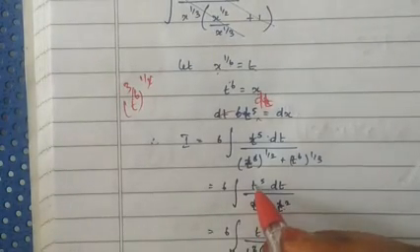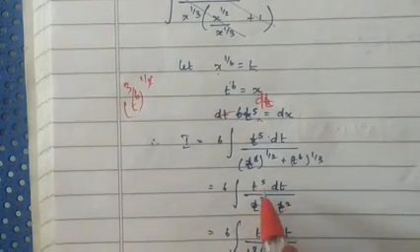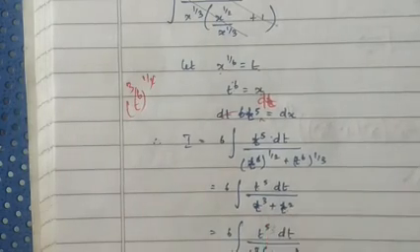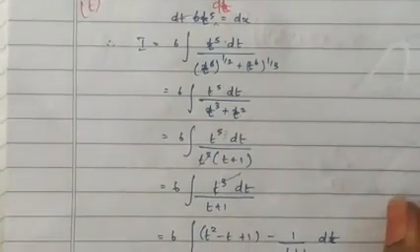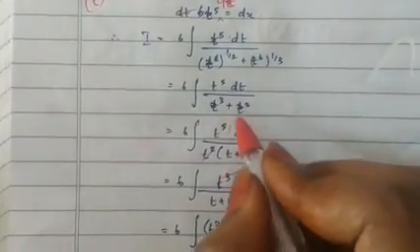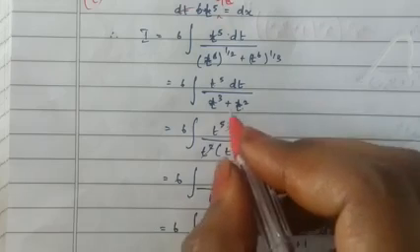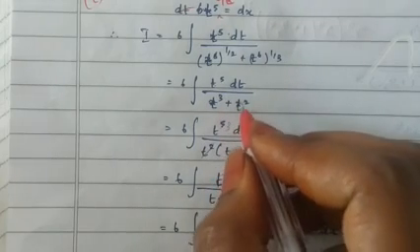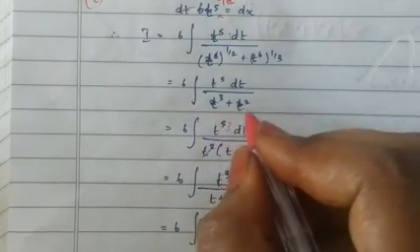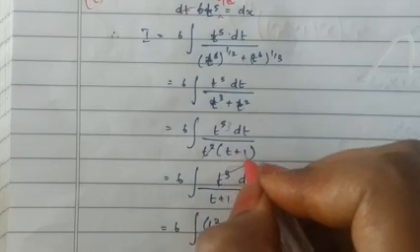Now, when you observe the numerator and the denominator, the degree of the numerator is greater than the degree of the denominator. So, what you should do? You need to apply long division method. But here what we have done is we have taken t square outside. If there is a 1, then you need to apply long division, but you have t cube plus t squared, so you can take t square outside. When you take t square outside, you will get t plus 1.